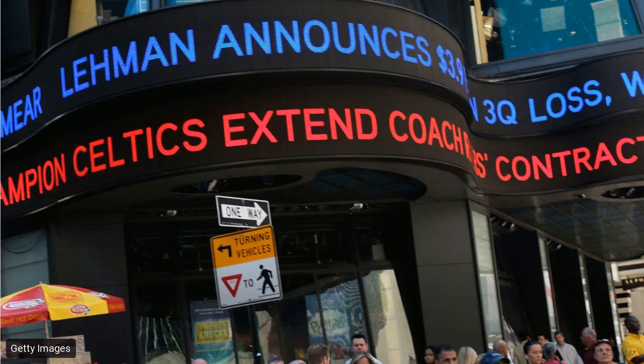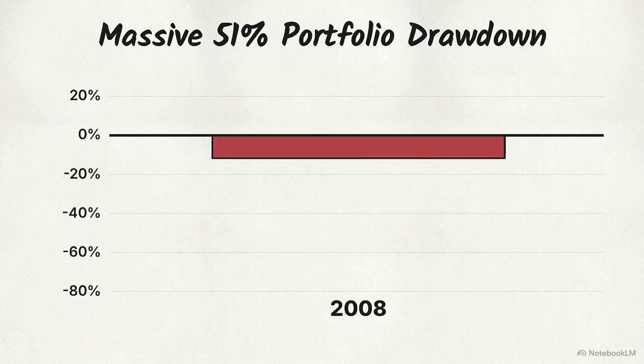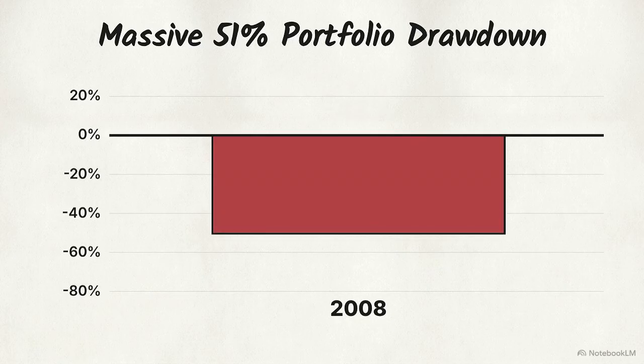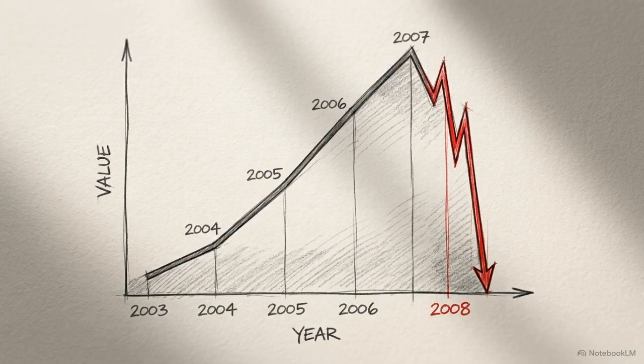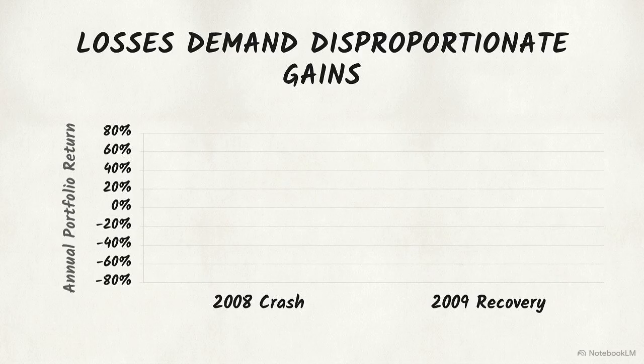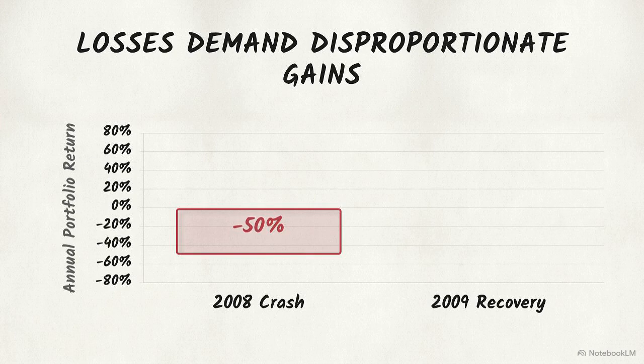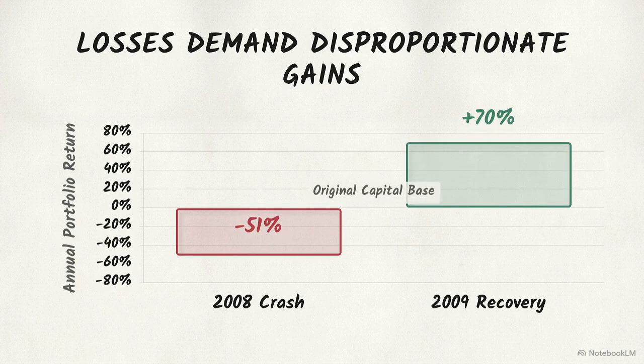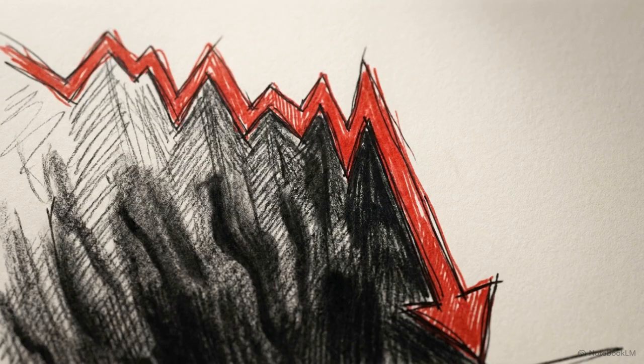During the global financial crisis, extreme negative variance fractured the systemic foundation of the markets. By the end of that year, the index recorded a 51% portfolio drawdown. A 51% drop erases years of accrued base expansion in a single sequence, liquidating growth that took half a decade to accumulate. Recovering from a hole that deep requires violent mathematical oscillation. To merely mend the damage of the 51% loss, the subsequent year demanded a 75% positive return. These terrifying swings are not anomalies.